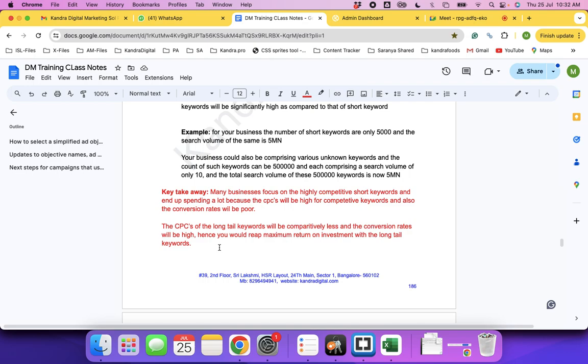Now, if you were aware of all the private jobs in the country, there are so many jobs which will pay starting 1 lakh also. The competition is very easy. There are so many openings, and there is a resource crunch. There is no talent pool. So if you are opting for such courses and learning such skills, the chances of you getting a job are very high. Correct? See, same way here, known searches are the short keywords and the most commonly used keywords by everybody.